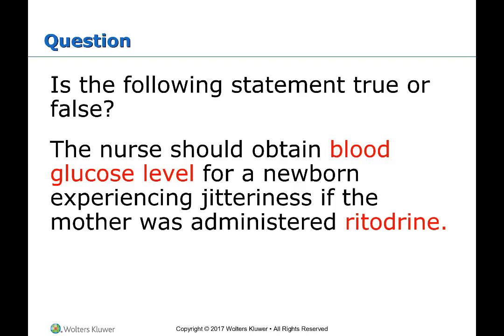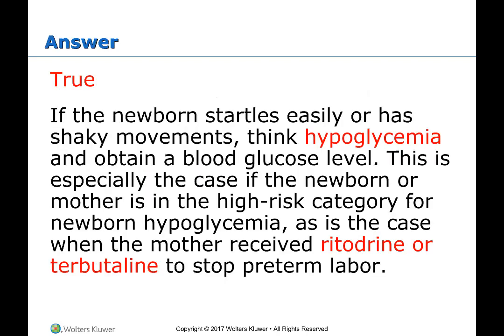So a newborn is jittery, and the mother was given a drug called ritodrine. Why was she given that? What did that do? What do we need to know about this? Okay. If the newborn startles easily,